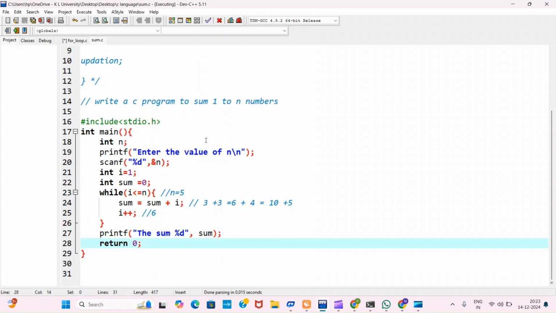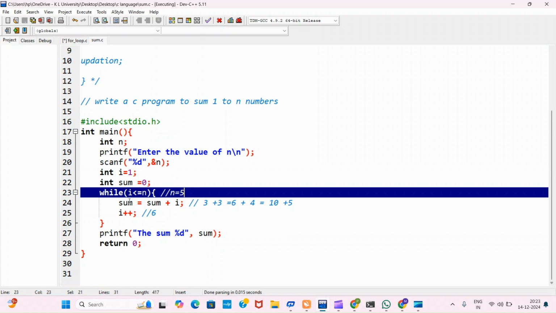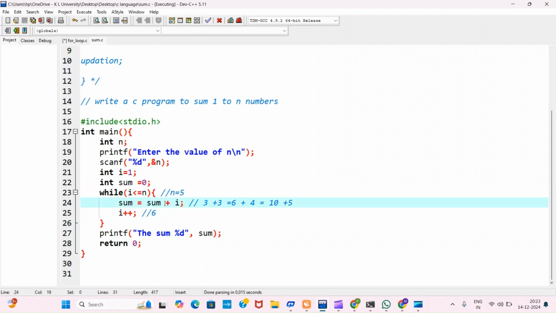I'll give a brief explanation about this while loop. Firstly, we have to give initialization. After the initialization, we have to give the while loop, and in the braces we give the condition up to which this while loop gets executed. After giving the condition, inside the while loop we have to give some statements. After the statements, we have to give updation. That means any increment or decrement of a variable. Okay, this is how the while loop works in C